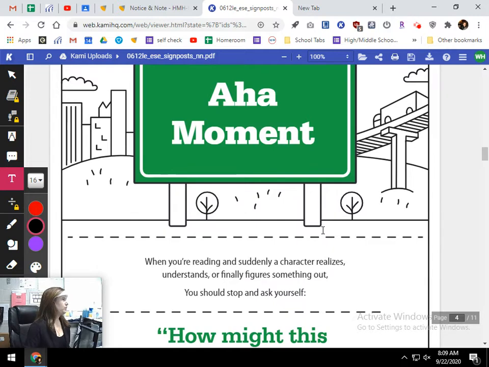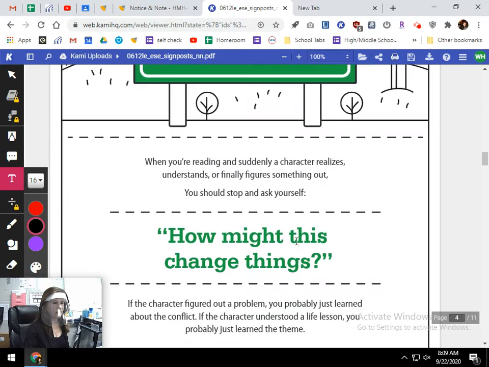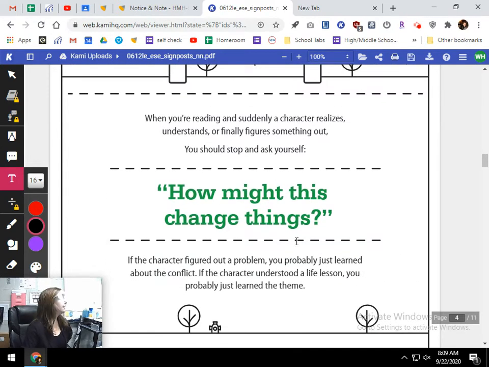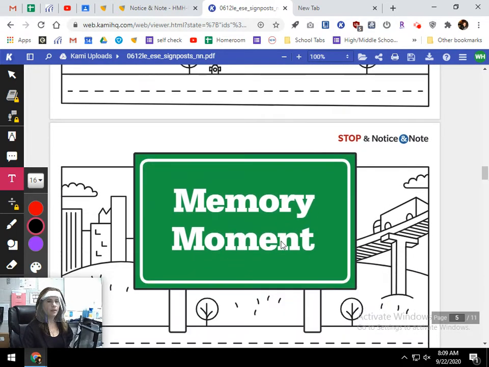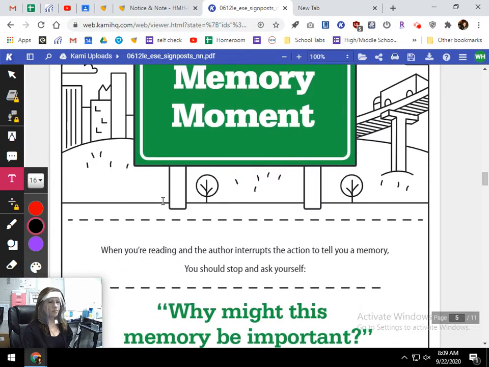An aha moment. We haven't talked about that one yet. When your character suddenly realizes or understands something. You need to take note of that. All of these are things that will help you understand the text, okay? A memory moment. We went over that one last 6 weeks, right? These are flashbacks. Remember when Sergei was remembering back in Russia about his dad always being scared that he was going to be taken away because he was a Jew and all of that. That was a memory